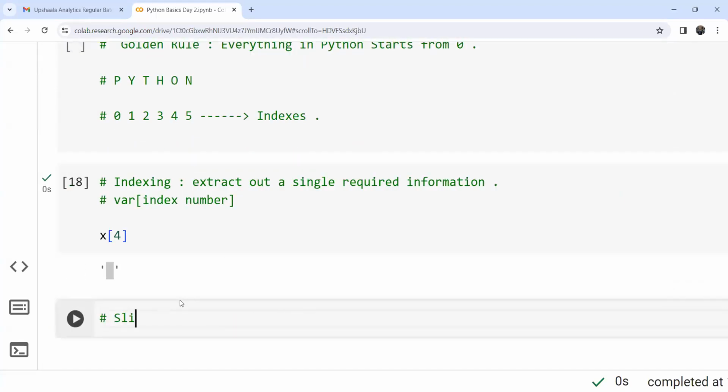What is the slicing part? So I think I have got a response from Shikhar. So over here you will be getting it up. Now what is slicing, guys? Slicing is a process where you will be going ahead and extracting out multiple elements in a pattern. Okay,